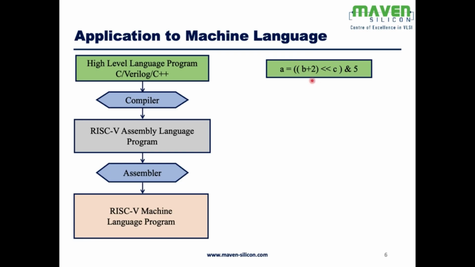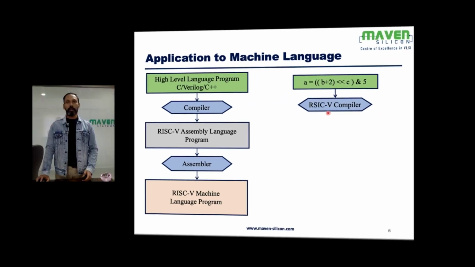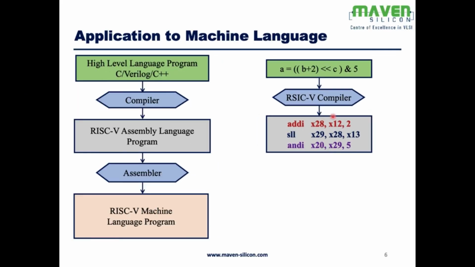This is how we define expression in high-level language. Could be SystemVerilog or C or C++. There is an expression, and the compiler, RISC-V compiler, converts this expression into assembly language. So these are all RISC-V instructions: addi, shift left logical, andi. This is how the assembly program would look like, and then the assembler is going to convert this assembly language